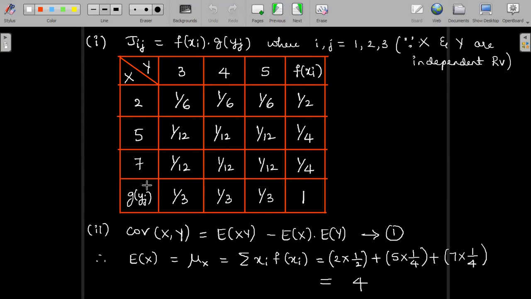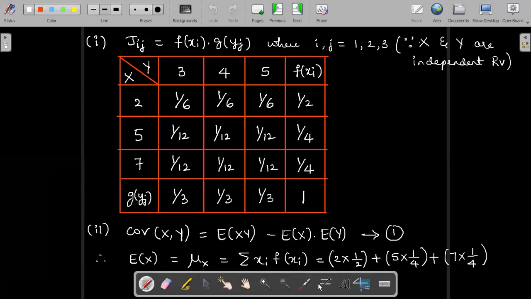When I say last value, we are not looking at this g of yj and f of xi. I am not exactly looking for this particular table. These values are just for our reference. Whenever we do joint values, it is preferable that we write down this f of xi into g of yj to show that the overall sum is equal to 1. So just to show that, I had written it, please do not get confused. Accepting this, we are now doing the product for every xi into yj multiplied with its jij.